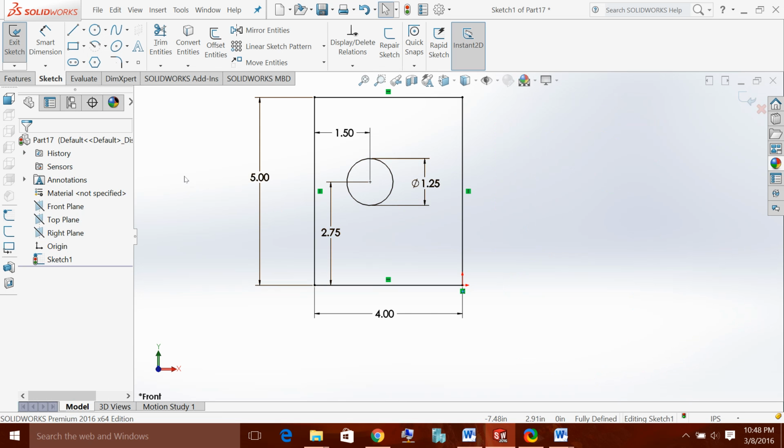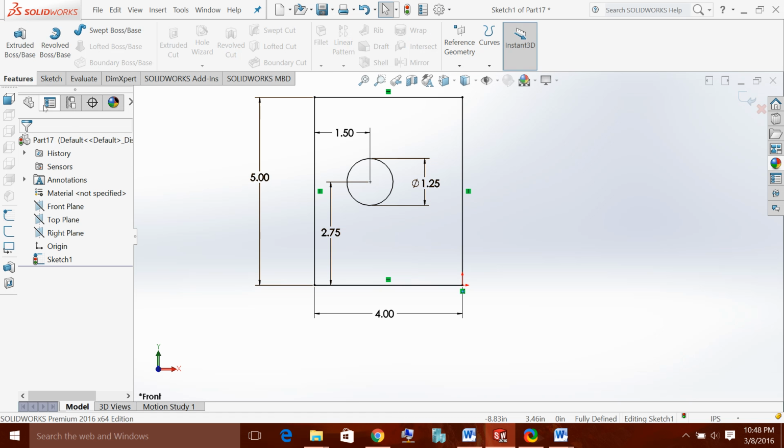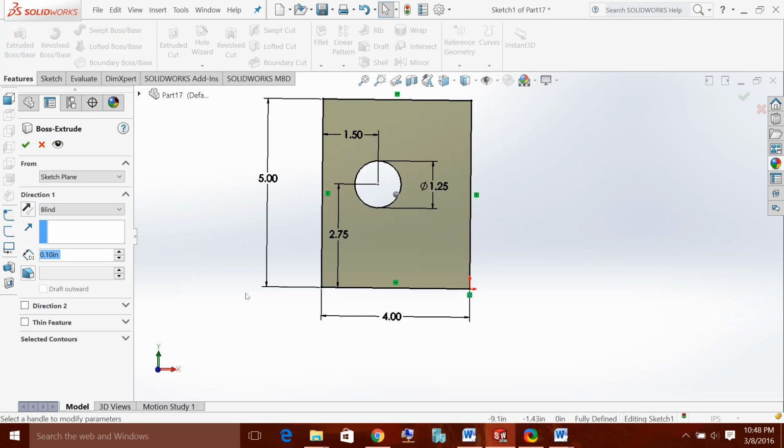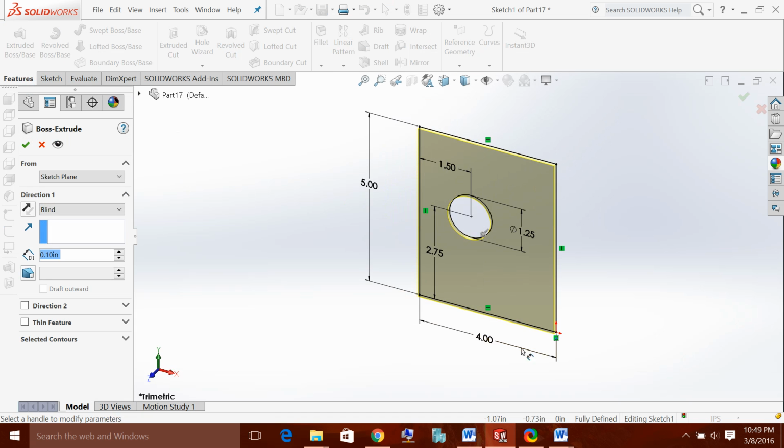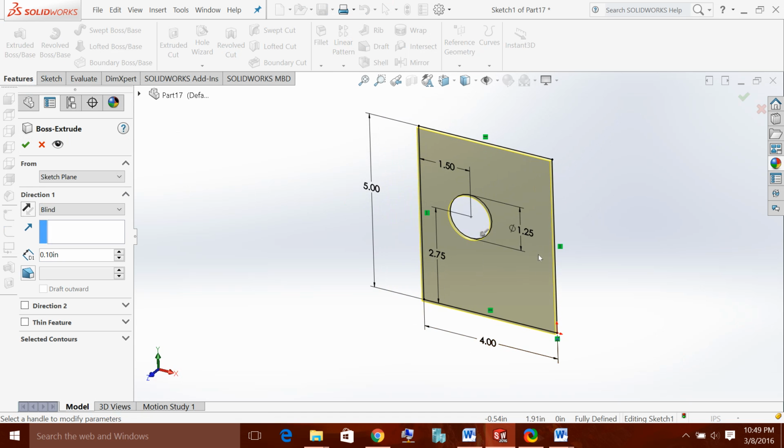Okay, so we have a basic sketch here, and the next thing I'm going to show you is how to use the features to make this into a three-dimensional shape. So we're going to go to Features, and a very commonly used feature is the Extrude boss or base. So I'm going to click that. Then already Solidworks knows the profile that I'm most likely going to extrude, and that's the inside of this rectangle,